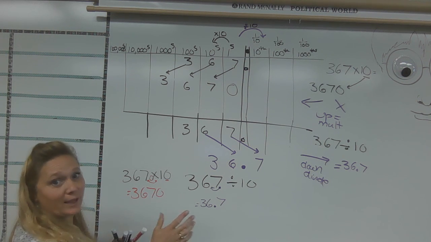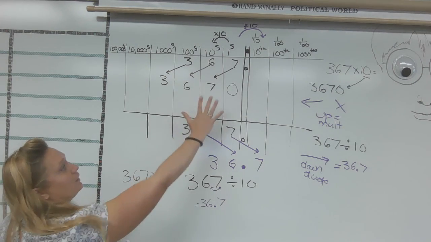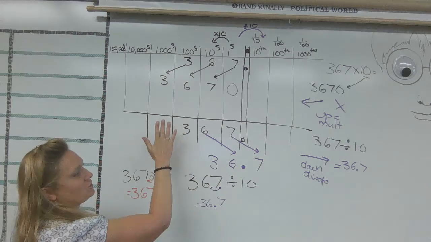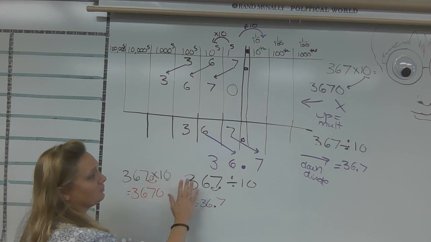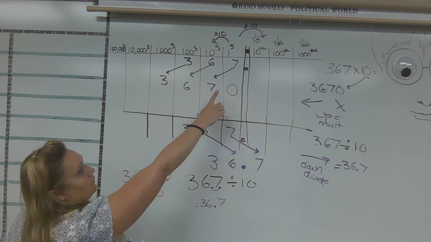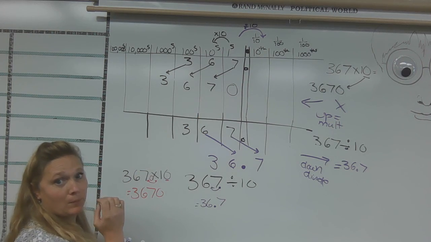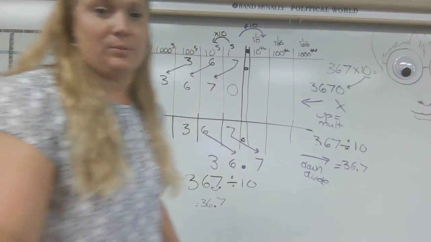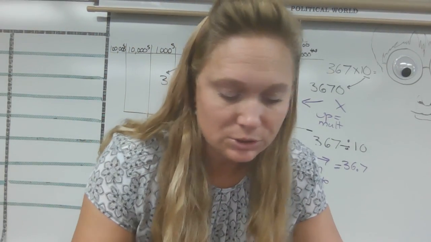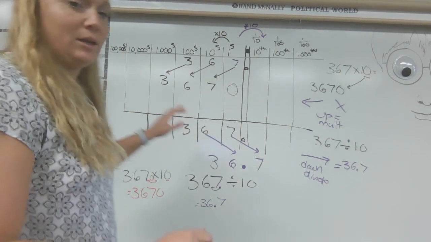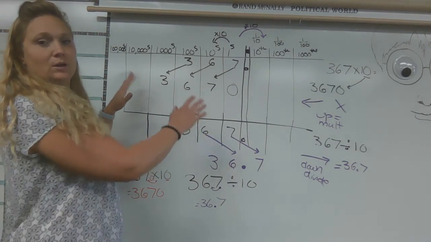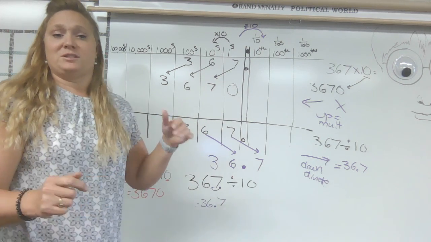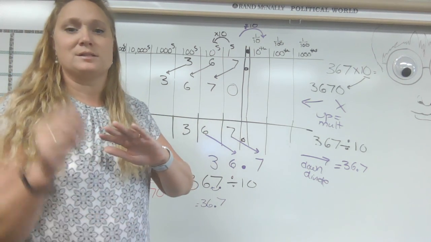So there's two ways to look at this type of math. Either you're imagining all the numbers shifting up one place value, or you're imagining all the decimal points shifting down one place value. Okay? So when you try it in your problem set, you're going to do much the same thing, only you may not need to use the place value chart. If you do need to use the place value chart, use the one that's in your dry erase and practice